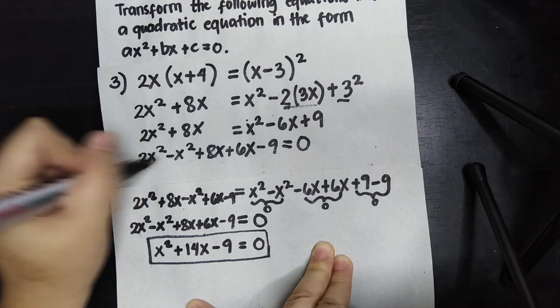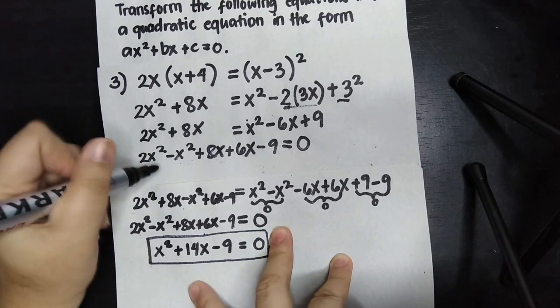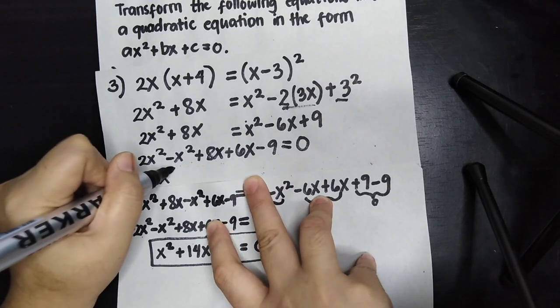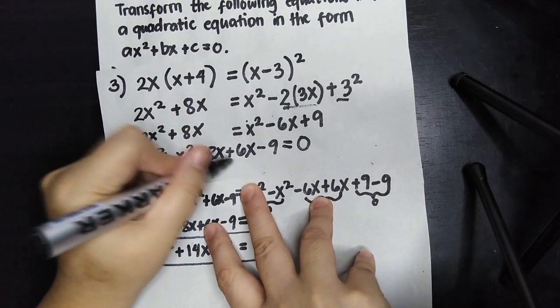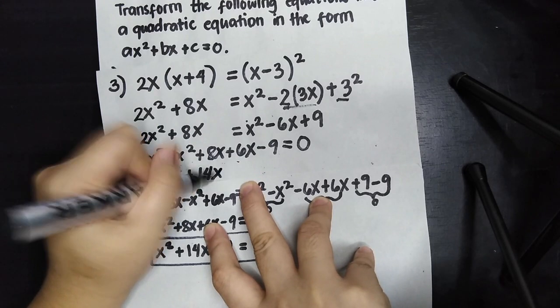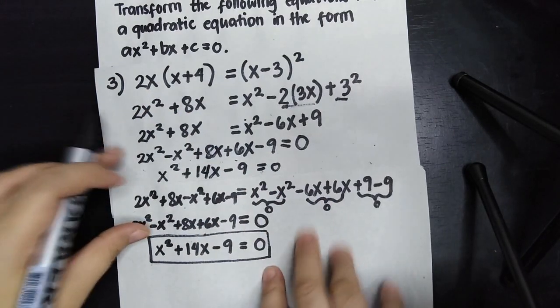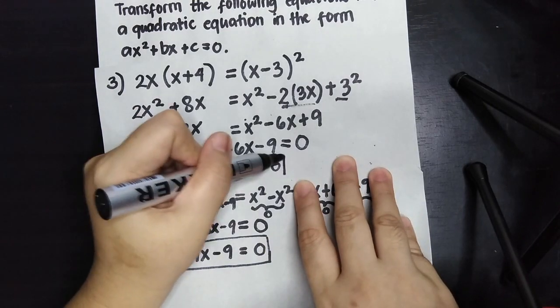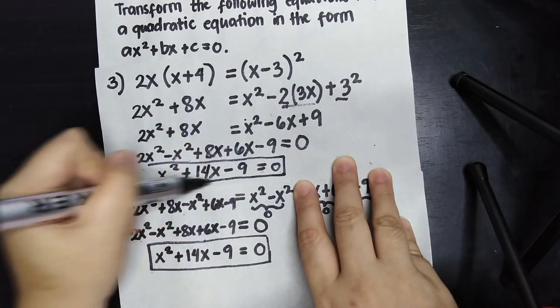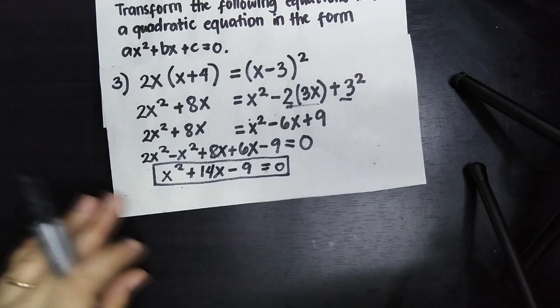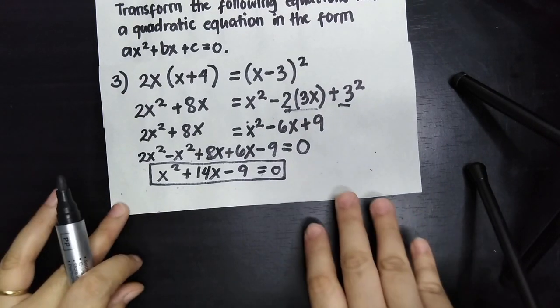So 2x squared minus x squared, we have x squared, okay, then plus, this is 14x, and then this is minus 9 equals 0. Ayan, so pareho lang. Okay, and that is our quadratic equation in standard form